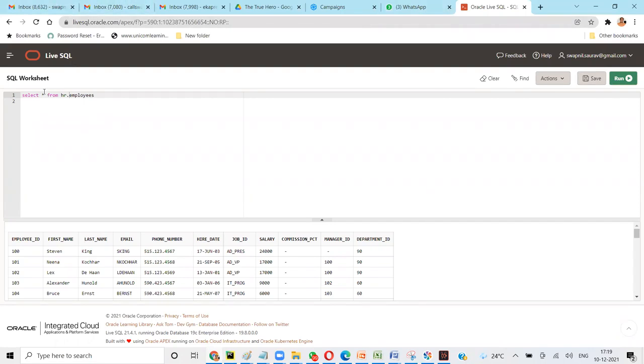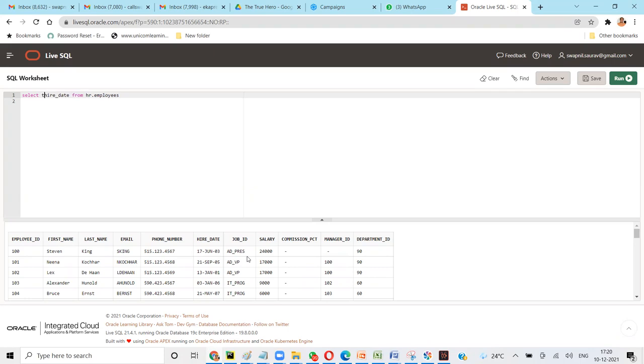Now let's say I'll convert this date into a string. I'll say select, first let me copy the column name, hire date. Now I want to format it into a different type. Right now what you see is date hyphen 3 letters of month hyphen 2 letters of year, right? So I'll convert it into a string value.